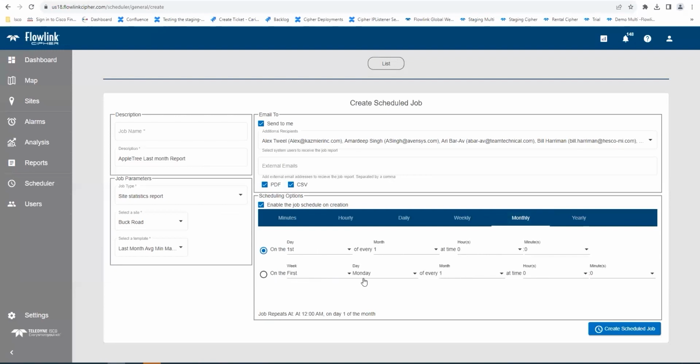But I do have a choice. I could do it the first Monday of the month, the first Tuesday of the month. In this case, I want it the first of every month. And I'm going to have it shoot out to the email at 8 a.m. in the morning. By clicking on that,